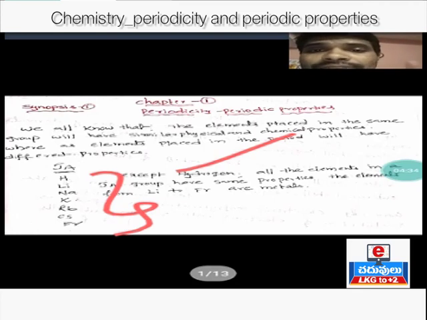Clear? So this is the best example to understand why elements placed in a group have similar physical and chemical properties, whereas elements placed in a period have different physical and chemical properties. You remember that. It should be noted that the elements placed in a group will have the same properties. Elements placed in a period will have different properties. Clear? And next,